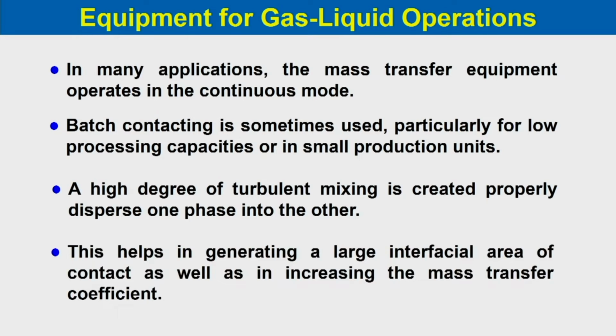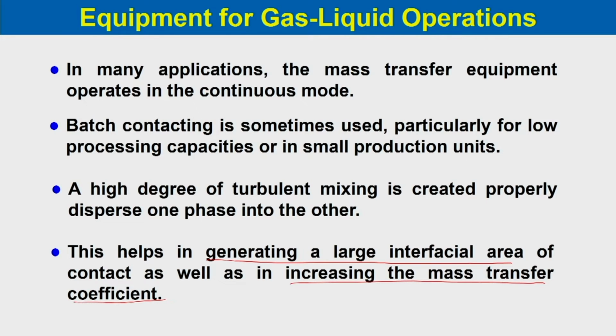This helps in generating a large interfacial area of contact as well as increasing the mass transfer coefficient. So, if we can create turbulence inside the column and among the phases, it helps generate a large interfacial area of contact as well as increase the mass transfer coefficient, which will improve the efficiency of the